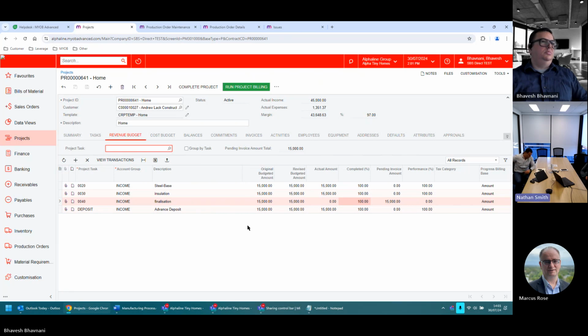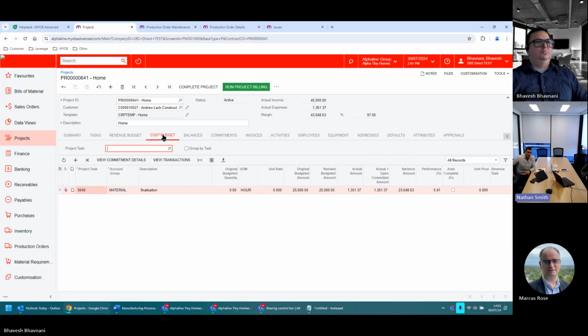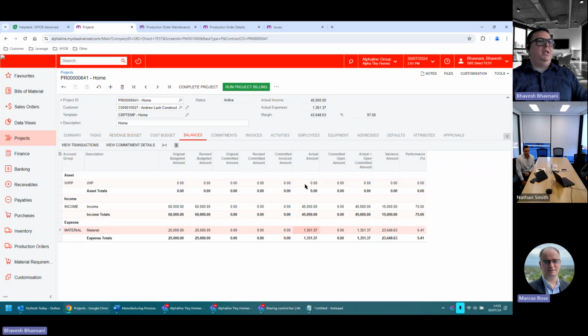Yeah, that's good, because it takes heaps of time to sort out the WIP on a monthly basis. So here the WIP will be ready, at least as far as material WIP is concerned. It will be ready and waiting for them, without them having to do anything. One option,